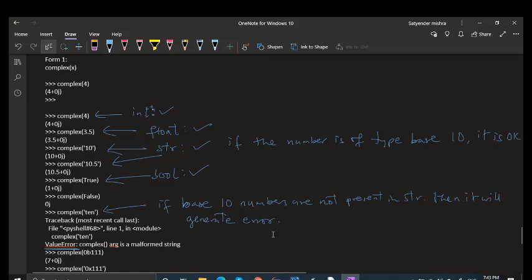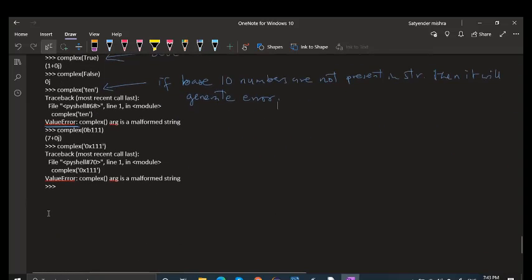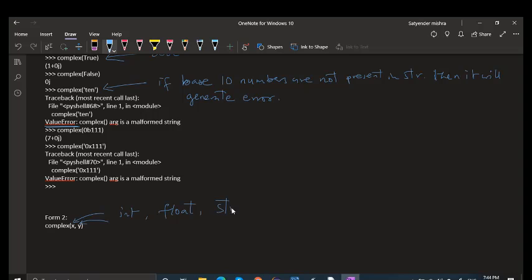So let me do form 2, right? The second form of complex is complex(x, y). So here we will have more combinations. For example, x and y can be of type int, float, string, then bool, right?